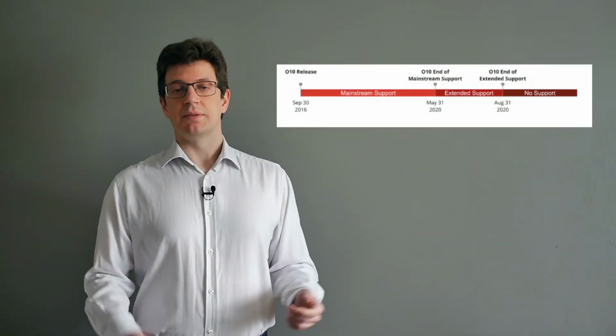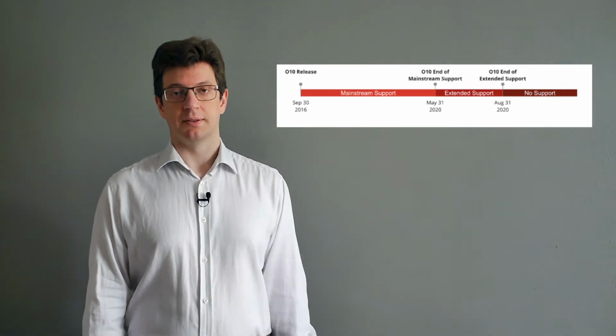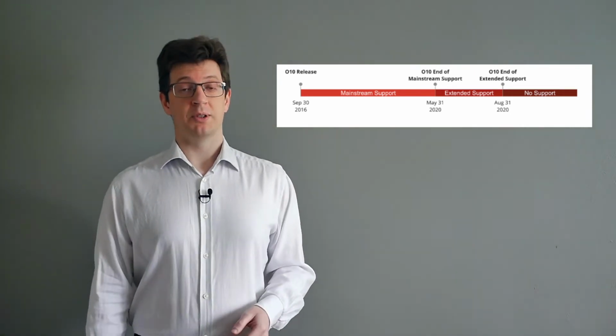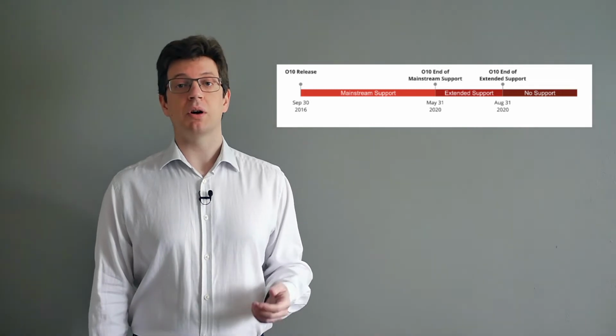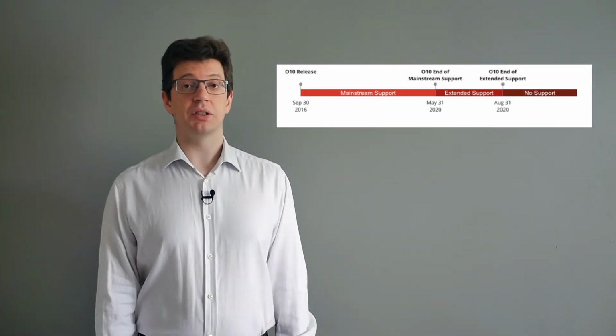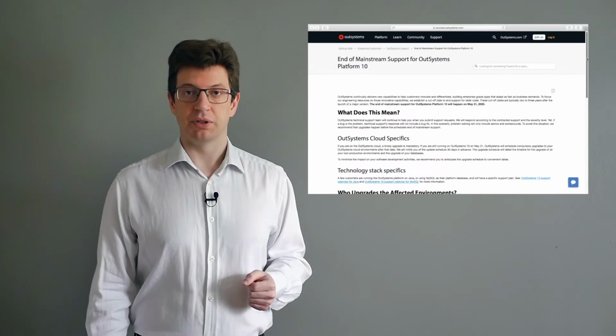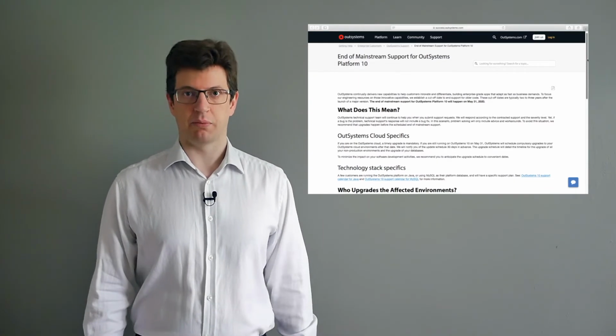After May 31st, the OutSystems team will still help you, but that will not extend to bug fixes. In this situation, all of the problem solving will be based on advice and workarounds for the issue at hand. If necessary, it is possible to request an extension to your support, extending your support date until August 31st. This extension will give you 3 extra months of support, but for your production environments only.